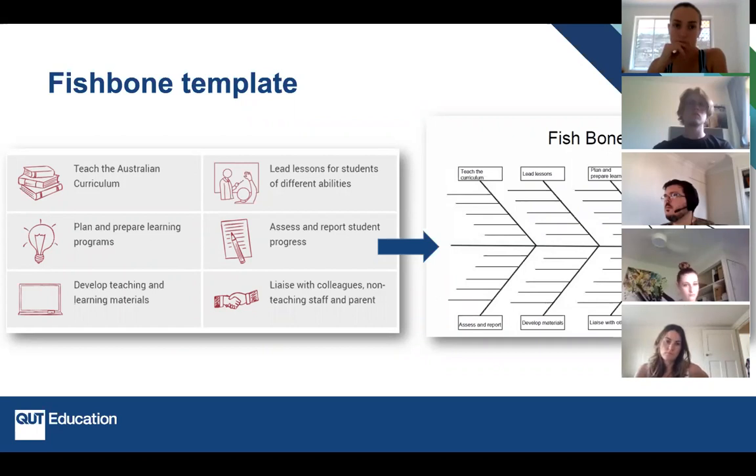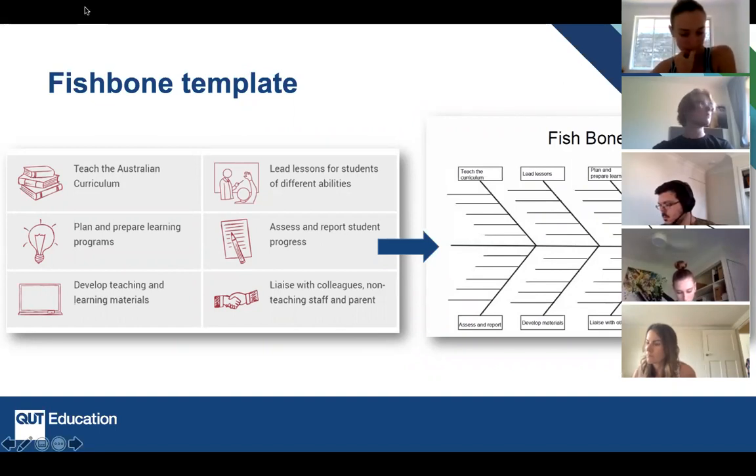So who is going to share what teacher actions they added to a category? It doesn't have to be all of them. You could just possibly share one specific category that you felt that you knew the most about. You can also type it into the chat if you wanted to, but now is the time to share those insights. So who's going to go first? So unmute your mic and speak now.